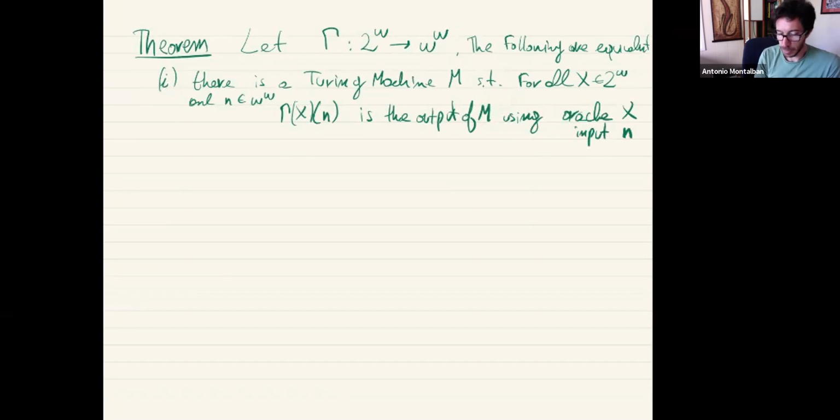I imagine people are used to a machine with an oracle. So you have a tape. When we talk about functions from here to here being computable, we just say that we put the value in the oracle tape, and then we get a function that given n gets the output. So that's a continuous function from the reals to the reals, and that is equivalent to saying that